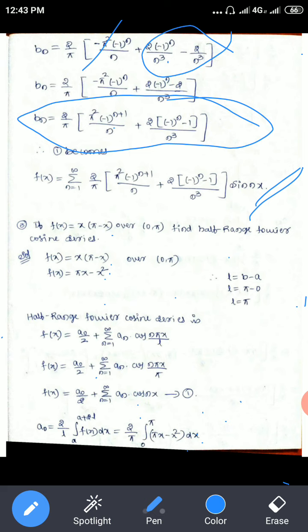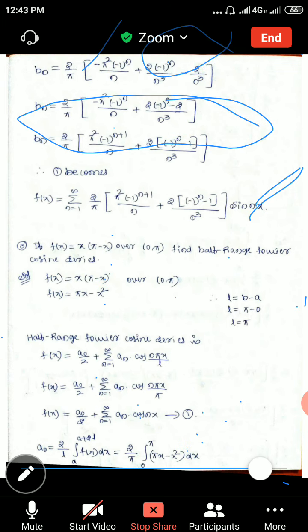Inverse Laplace transform. Last time I have given only basic examples. Apart from that, whatever the inverse Laplace transform problems are there, that I'm going to give you, plus Fourier series, half range Fourier series. So please take it: inverse Laplace transform, Fourier series, half range Fourier series I am going to give you. Understood this? Any doubts regarding IA syllabus?